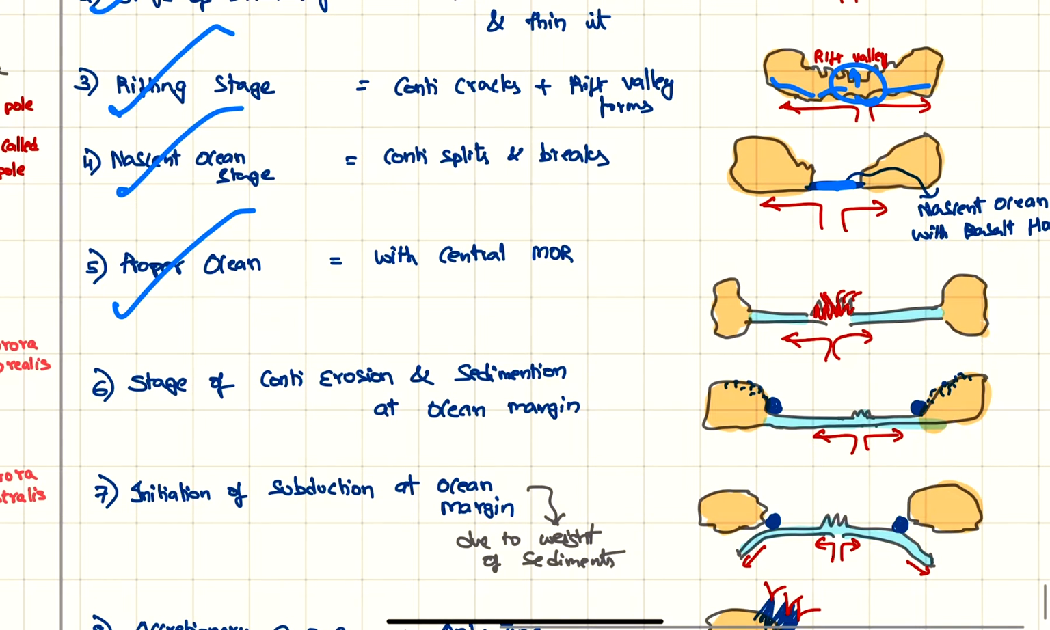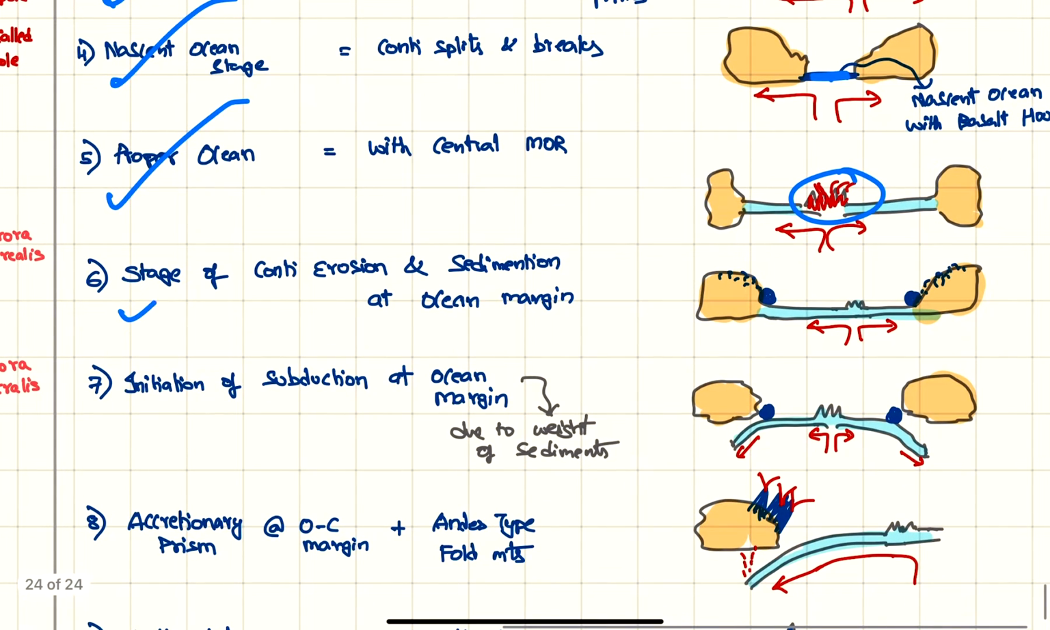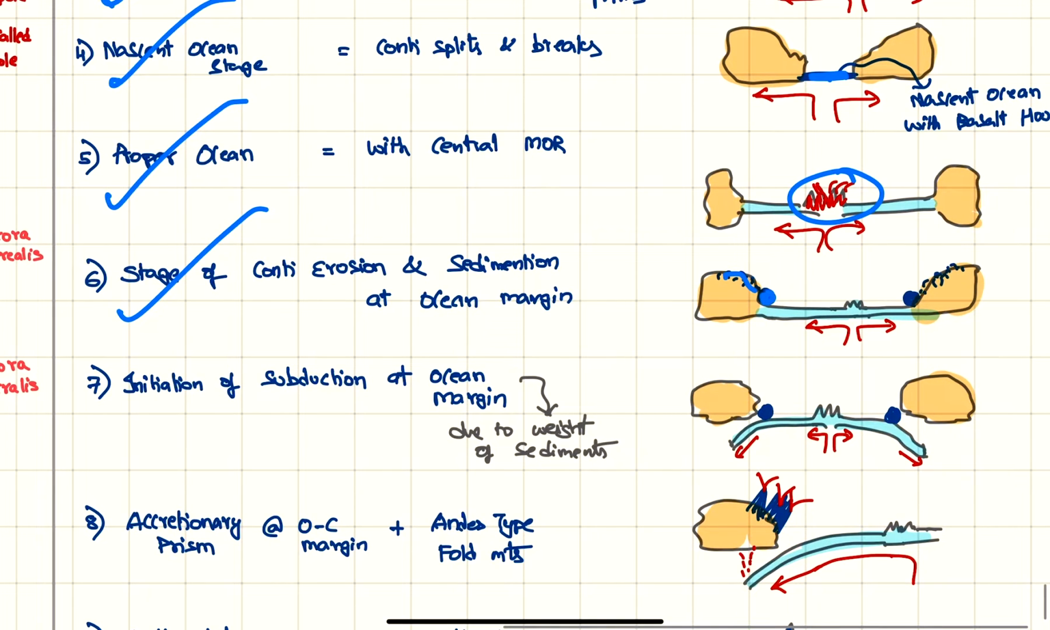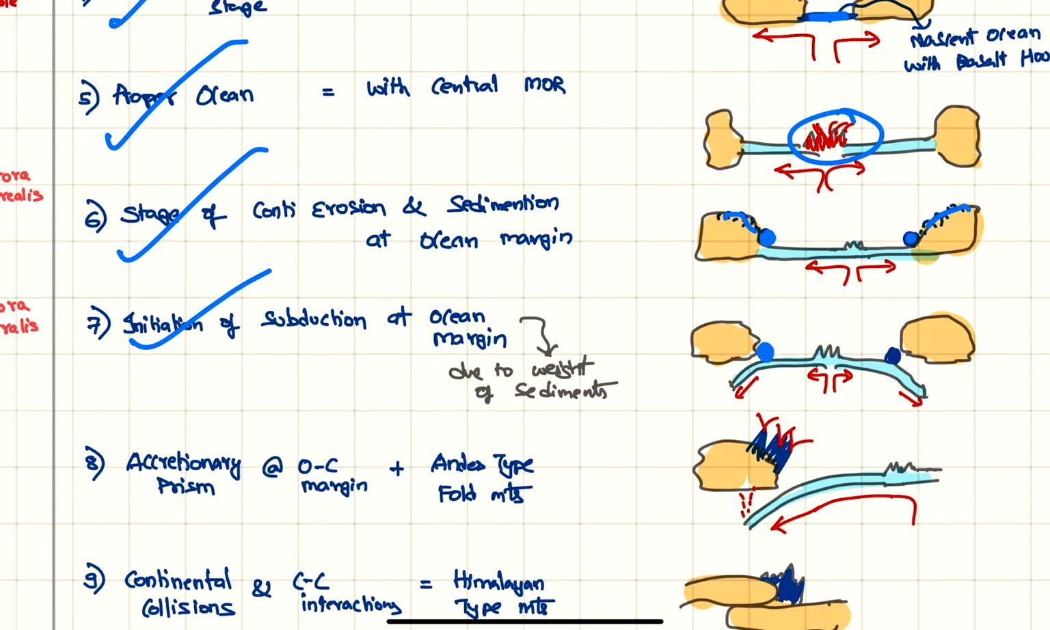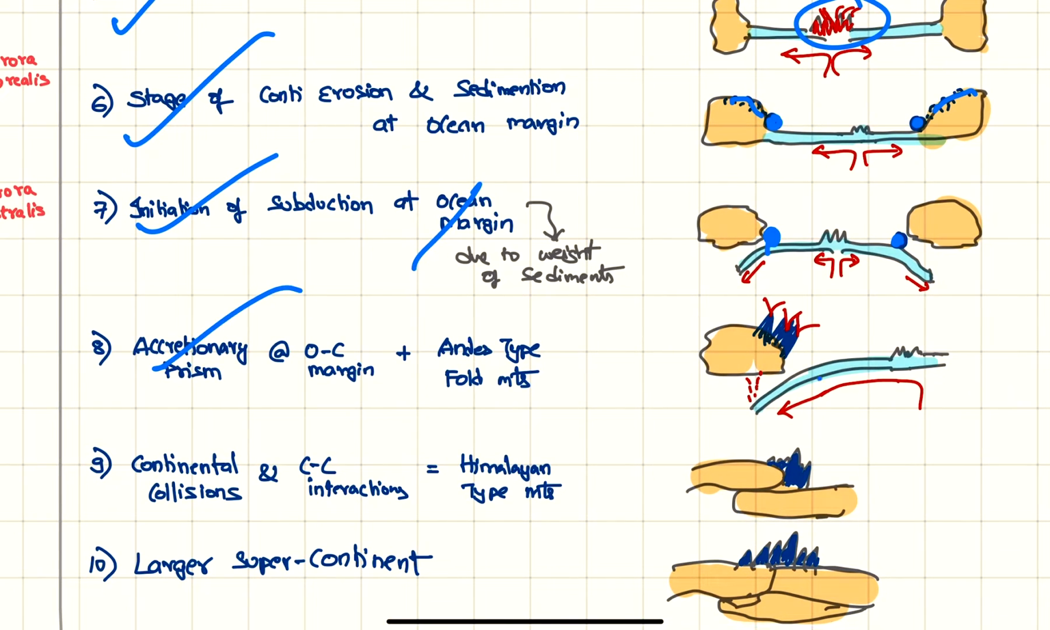Next we have the proper ocean with more formation. Next we have the stage of continental erosion and sediments depositing at the edges of the continents. And next, due to the weight of the sediments, the ocean floor starts subducting. And next, due to the subducting ocean floor, we have the